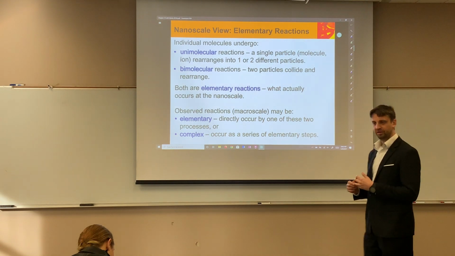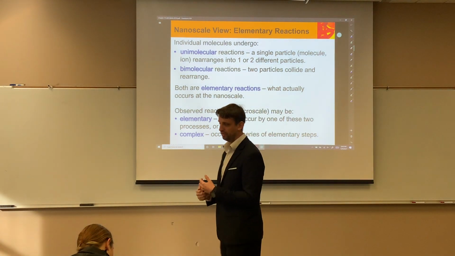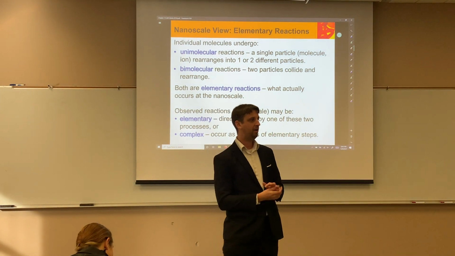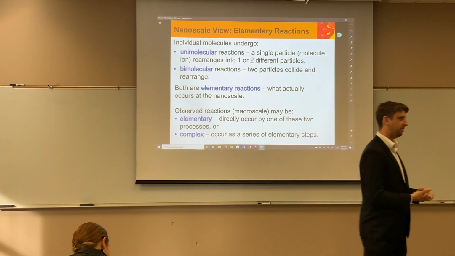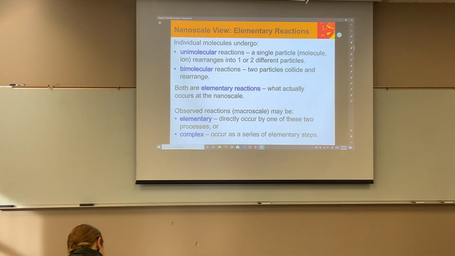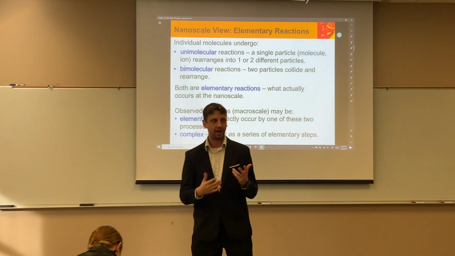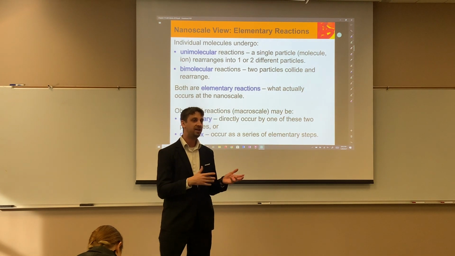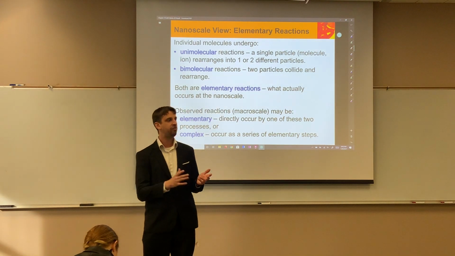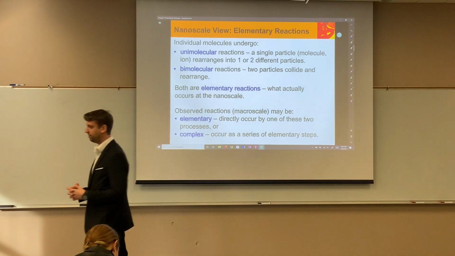It's eating the elephant, right? How do you eat an elephant? One bite at a time. So that's all we're talking about here. Find the individual chunks, and those are going to be either unimolecular or bimolecular. And from that, we can back out a rate equation, or a rate expression, I should say, for these individual reactions themselves.